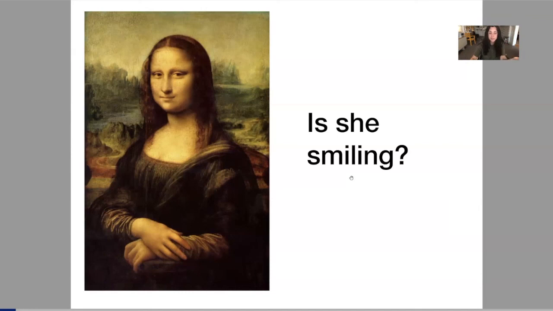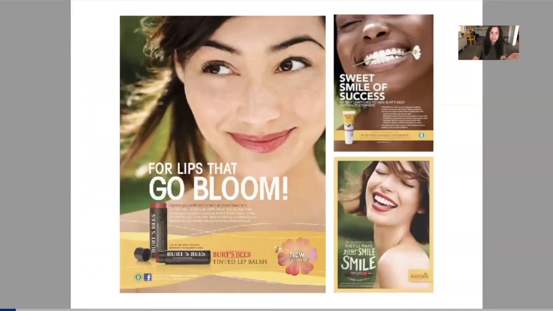So this is a piece of art that is intended to be interpreted by the viewer, versus something like this, which is an advertisement for a product. Are these ladies smiling? Absolutely yes. This advertisement does not want that to be a question. They want you to know that this is a happy person, they are smiling, and you should buy this product. They want to evoke that sense of happiness in you that they hope translates to their product. So that would be the difference. Is she smiling? Maybe. Are they smiling? Yes. This is design, and this is art.